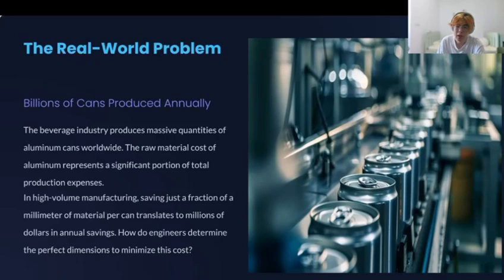In manufacturing, even a fraction of a millimeter reduction in aluminum usage per can translates into millions of dollars in material savings for a company. Furthermore, using less material means lighter shipping weights, reduced fuel consumption, and a smaller carbon footprint. Therefore, determining the optimal shape that minimizes surface area while holding a specific volume of liquid is a critical engineering and business